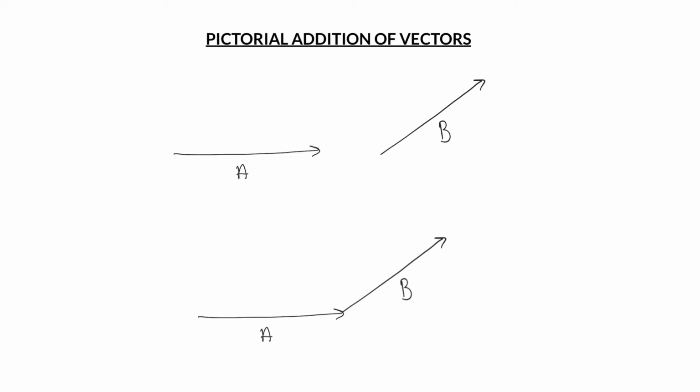Then we draw a vector starting from the tail of the first vector to the head of the last vector. This vector gives the resultant vector, so we can write r vector is equal to a vector plus b vector. By using a scale, we can measure the length of r, which gives the magnitude, and the arrowhead represents the direction. Using this method, we can add more than one vector also.